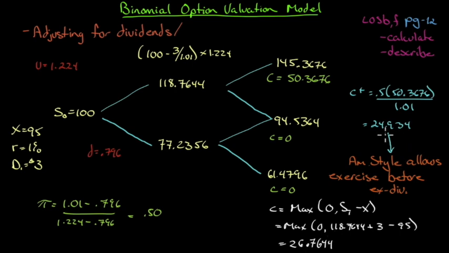26.7644. Notice that we just don't add $3 to this price, right? That would give us $27.93. It's 26.76 because we take whatever price there is here and say, well, we could have exercised the option just moments before it went ex-dividend. So the stock price would have been $3 higher, of course, minus the 95 to give us whatever the intrinsic value is. It would have been 26. So that is the price that we would put in,